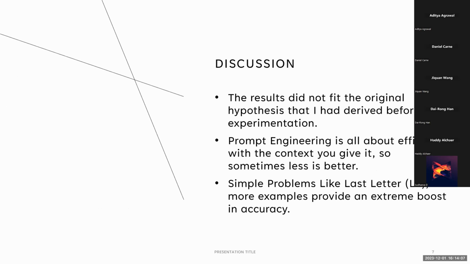Sometimes for large language models, too much context can confuse it, especially with complex data sets where each question is worded very differently. Giving it only a couple of examples of answering in a certain way is going to make the large language model only think in that method whenever it solves all the other problems, even though all the other problems need to be solved in different methods. Whereas last letter is pretty much you answer the same way every single time, as you're just going to concatenate the last letter of 4 words throughout the entire data set. So that's why it saw a great increase